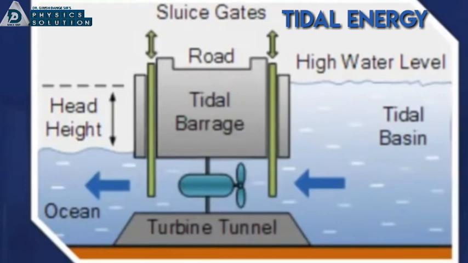Now, the difference in the levels of the tide should be about 3 meters to operate the tidal energy power plant. In the ocean, such tidal dams are constructed and ocean water is trapped by the barrier. We know that there are two tides, high tides and low tides. So water in high tide is allowed to flow towards the low tide. This water then falls on the turbine and rotates it, and the turbine is connected to a generator, which converts that mechanical energy into electrical energy.